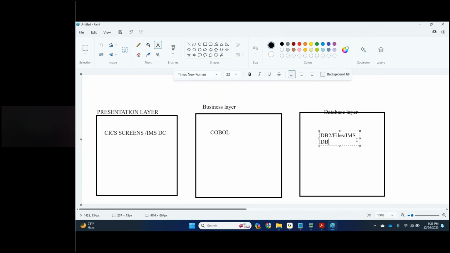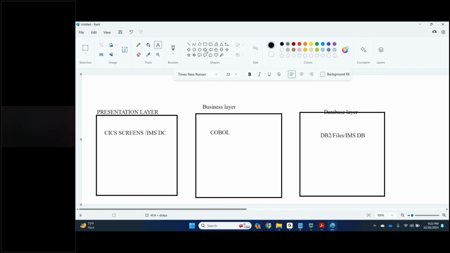The presentation layer is nothing but what the end user is seeing and operating, whatever the end users are doing on the screen. Let's take an example of an ATM. In an ATM, if you select an option, let's say bank statement, withdrawal, or mini statement, you press some option.